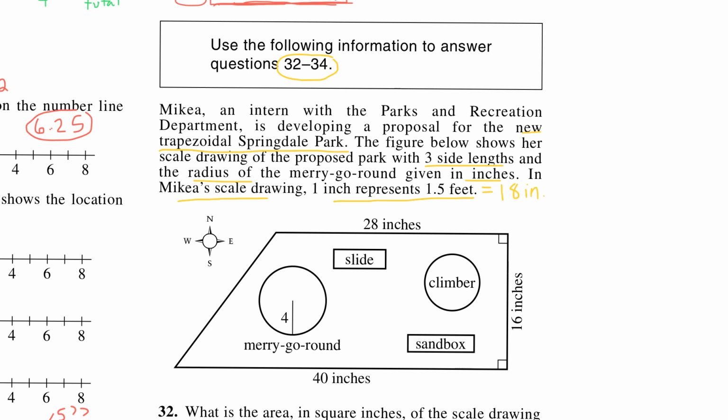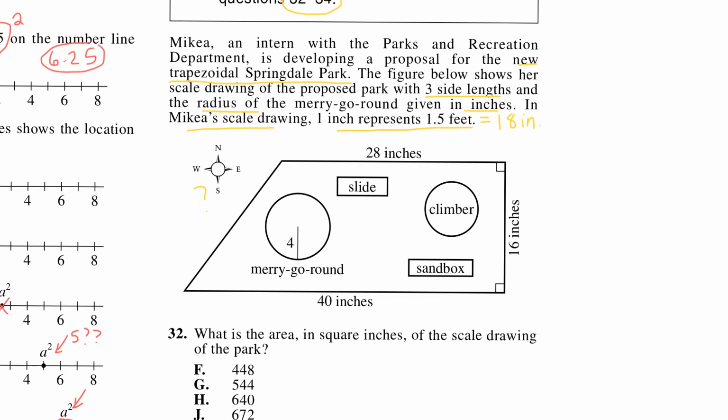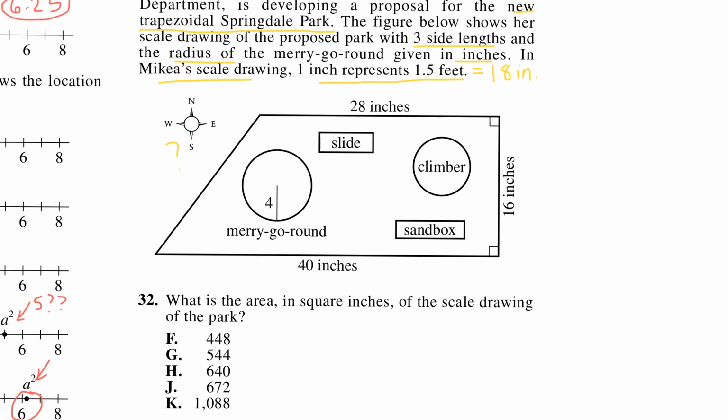Okay, so we have 28, 40, and 16, and we don't know anything about this side over here. So we'll need to refer to this to be able to answer the first question. Okay, so the first question says, what is the area in square inches of the scale drawing of the park? So what is the area of this trapezoid? Well, the area of a trapezoid is going to be the average of the 2 bases times the height. Okay, so I'm going to have 28 plus 40, base 1 plus base 2 divided by 2 times the height,